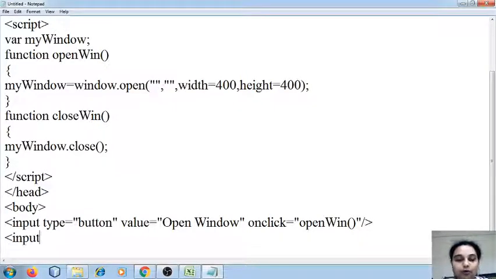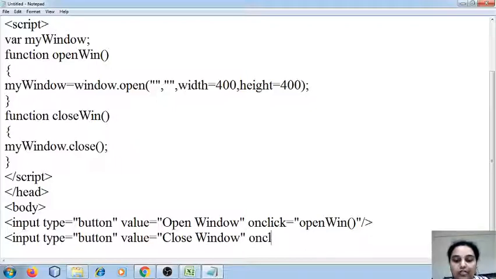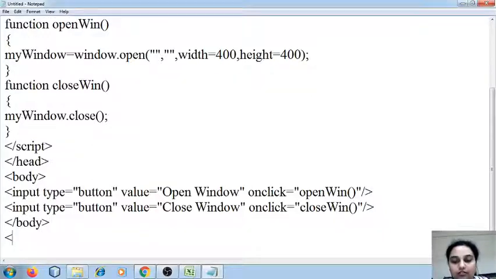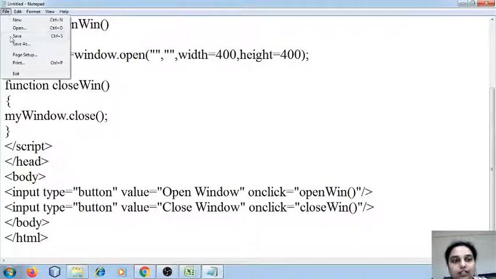Now I'm going to create one more button. Input type is equal to button. Value is equal to close window. Onclick, close win. Alright, then close the body tag followed by the HTML tag. I'm going to save this file.